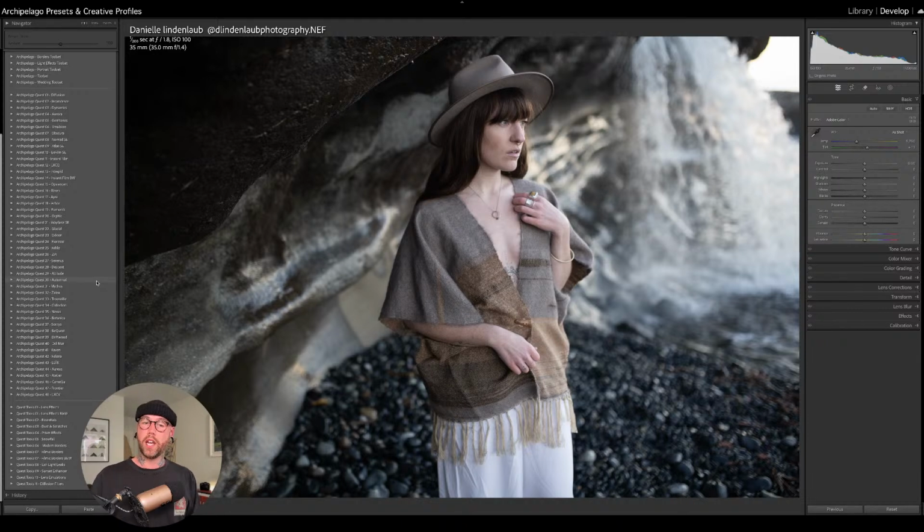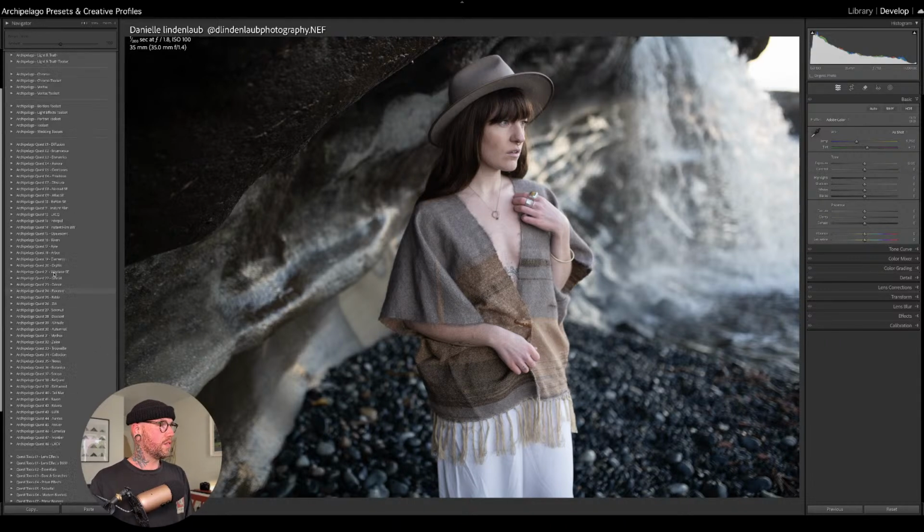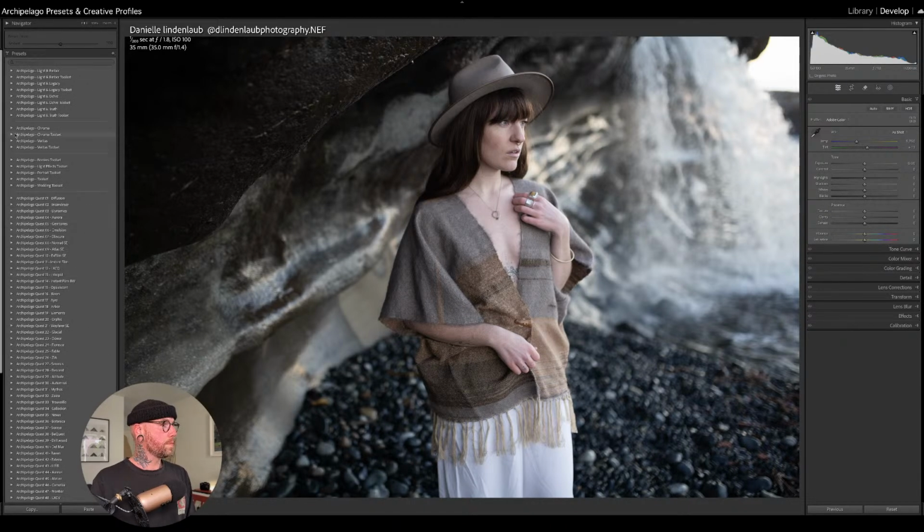This one came out a few months ago. This is one of our tool sets that have come out through Quest, and this is designed to emulate the characteristics of various different lenses. You can find it down here where the Quest tools are, and you can see that this is made up of several different types of lens emulation effects. We'll get into that in a moment, but first of all, I'm going to edit this image with Archipelago